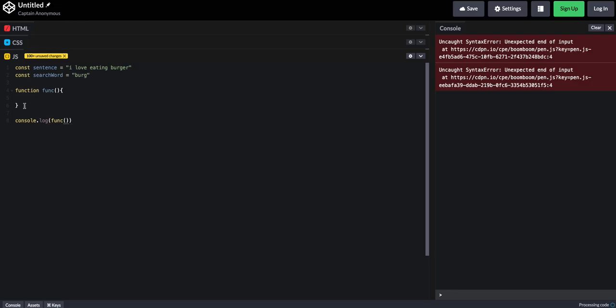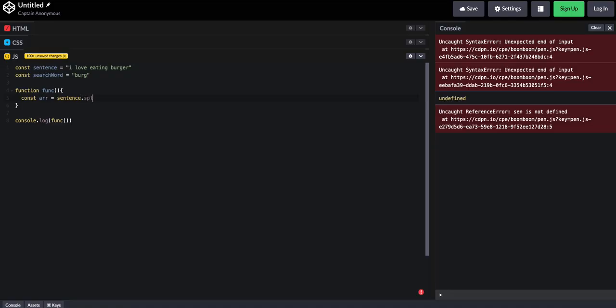So like I said, first thing we're going to do is split the sentence up into an array. So we'll just call this array equals sentence dot split. And we're going to split it on the space, and that'll just give us all the words. So if we return array,